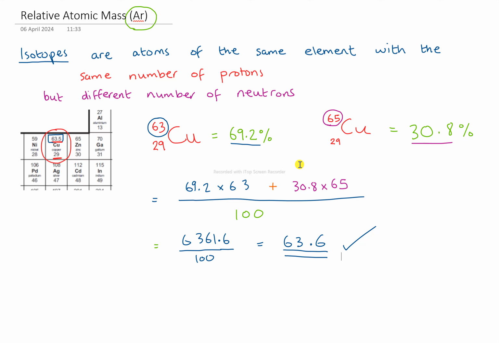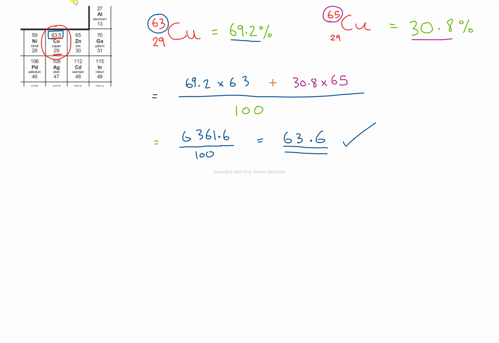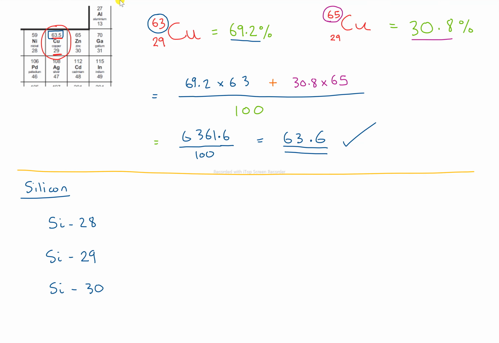So let's do one more example quickly. So let's draw a line here, and I'll give you another example down here. So we have 3 silicon isotopes, silicon 28, silicon 29 and silicon 30. So they can present their information like this. And the percentages are 92.2, 4.7 and 3.1. So what's the first thing we do? We put